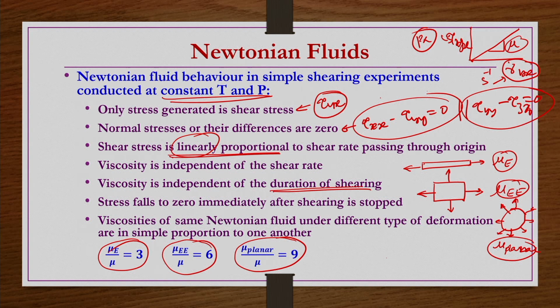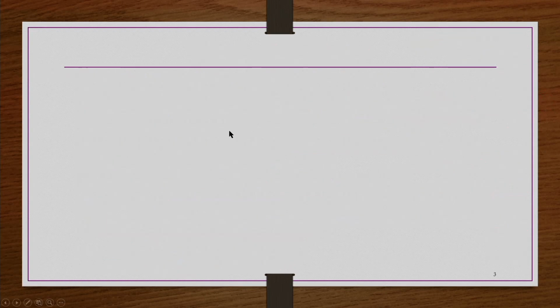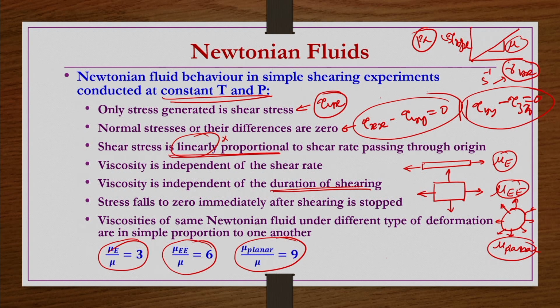Another case, you may have a linear type of curve between shear stress and shear rate, but it may not pass through the origin. You may have something like this, still linear, and the viscosity is constant, but a different value, but it does not pass through the origin. That means there is something like yield stress, which we are going to see in detail. Under such conditions also we can say viscosity is not changing after passing through this yield stress.